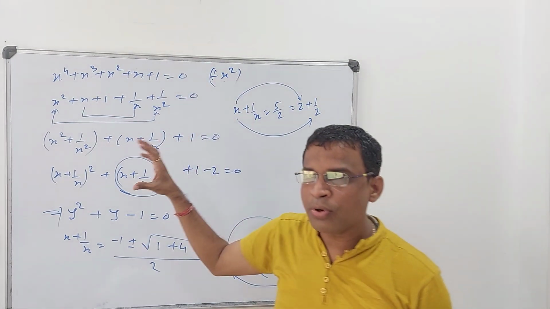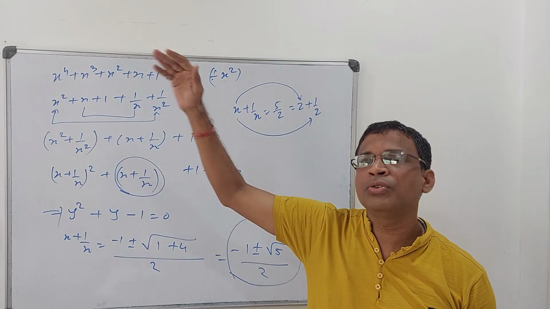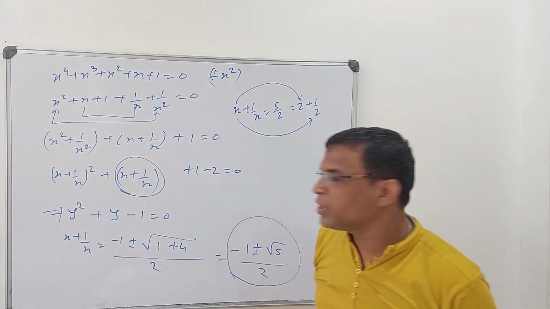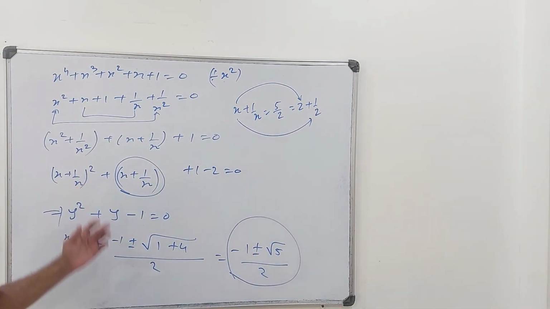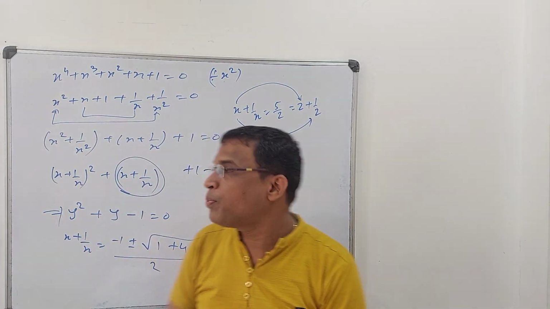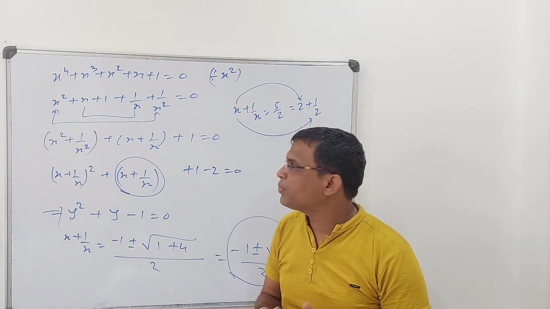Out of 4 complex roots, they would have given 1 root or 2 roots. So you need to judge that this is the root. So that means you need to go till the end. Out of these 3 methods, whichever method you like, you can just follow that method. And there are various approaches depending on the question. In the earlier videos, we have seen different approaches.